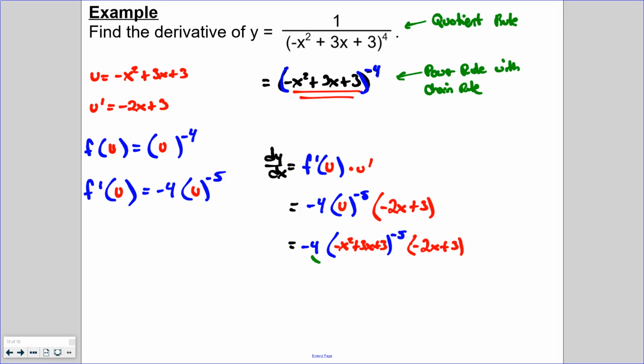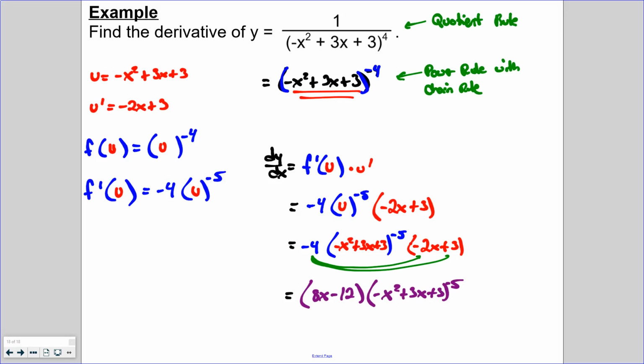And then we just need to distribute the 4. And we'll distribute that into the factor that doesn't have the variable. And that is going to give us the final derivative of 8x minus 12 times the quantity negative x squared plus 3x plus 3 raised to the